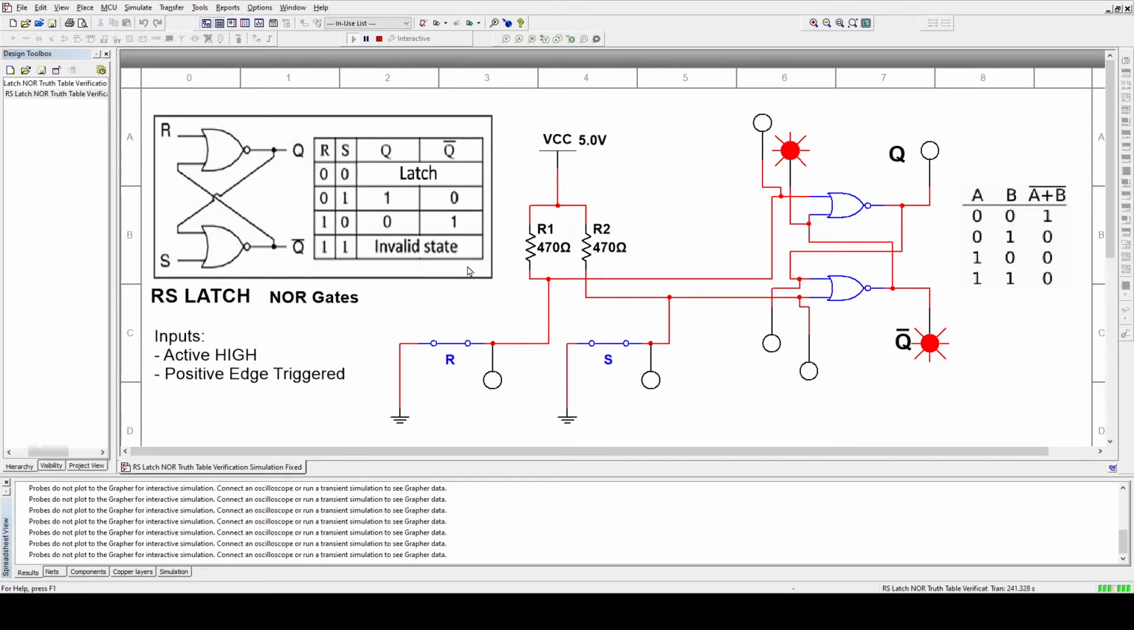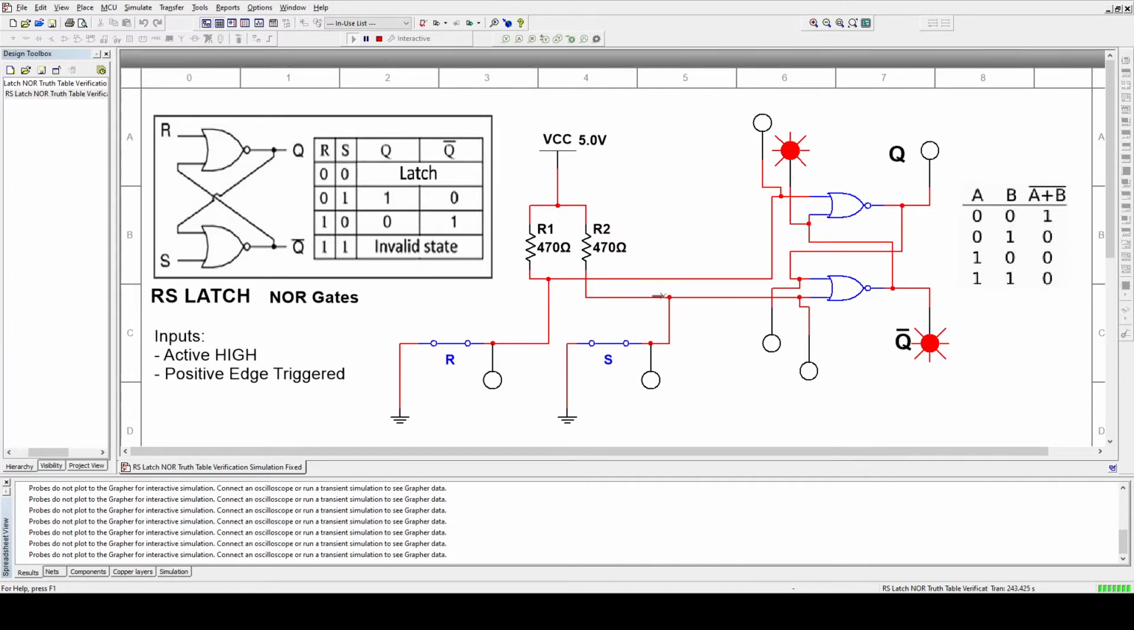So let's see the truth table of this latch. 0, 0, and it's latched. So it's going to keep the previous state. No matter how many times I open and close the switch, which means no matter how many times I'm going to make that R 1 or 0, that previous state of the output is not going to change. But what's going to happen if I operate the other one,